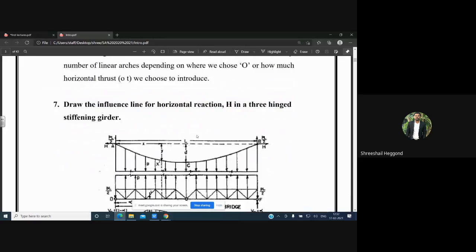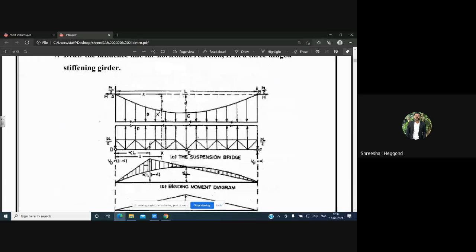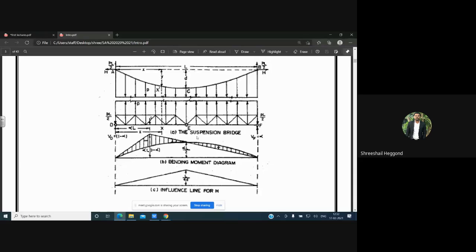If you see this diagram, the influence line diagram for the cables, it is given. In our next chapter also we will be having the influence line diagram, so there also we will be giving you the influence line diagram. In this case, the cable is the original diagram. The first one is the cable diagram. This is one support and this will be the second support. This is a complete cable and these are the loading conditions.